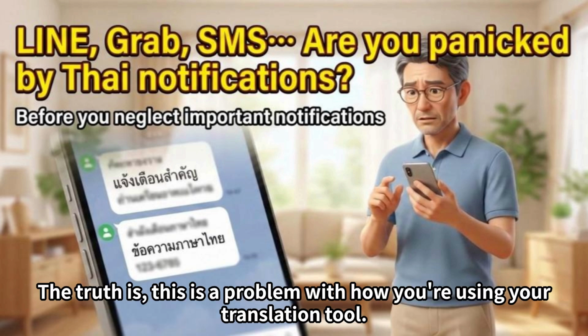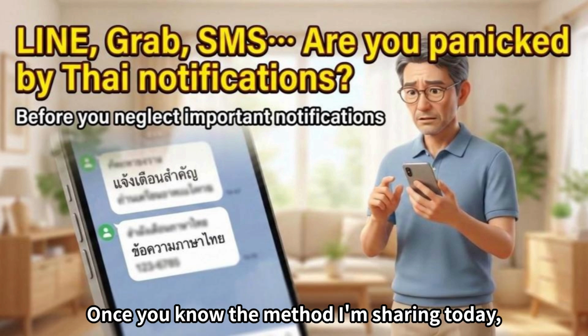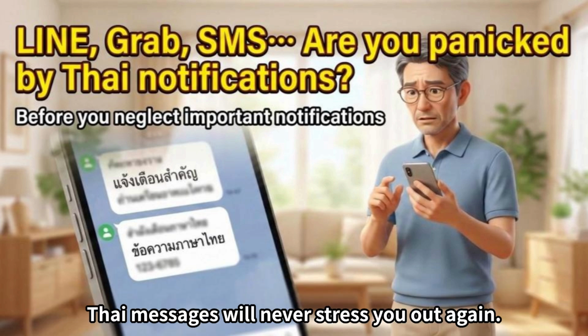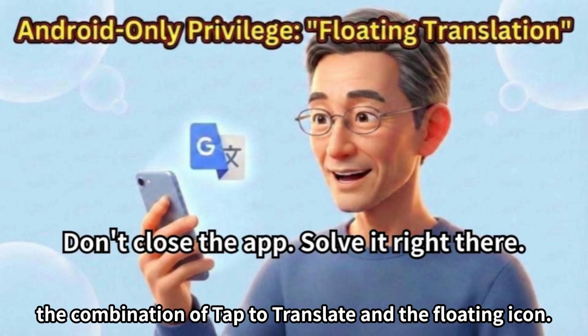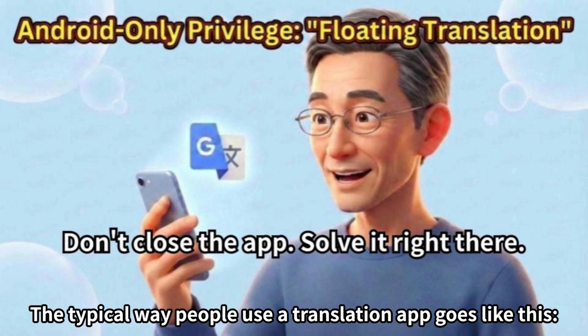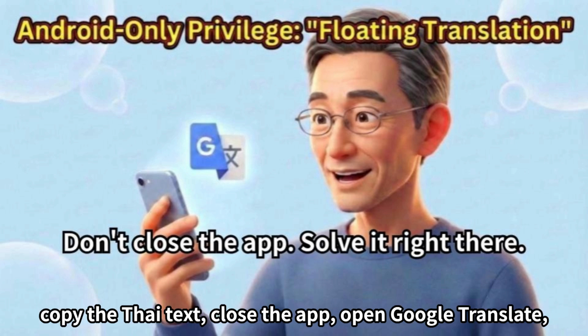The truth is, this is a problem with how you're using your translation tool. Once you know the method I'm sharing today, Thai messages will never stress you out again. What I'm introducing today is a special feature exclusive to Android, the combination of tap to translate and the floating icon. The typical way people use a translation app goes like this: copy the Thai text, close the app, open